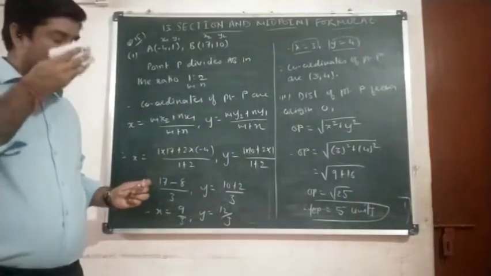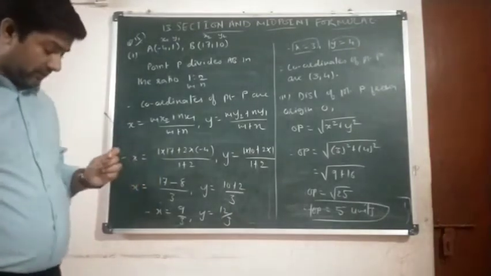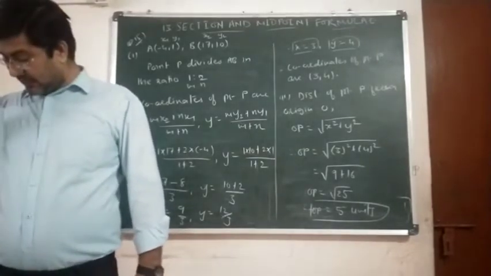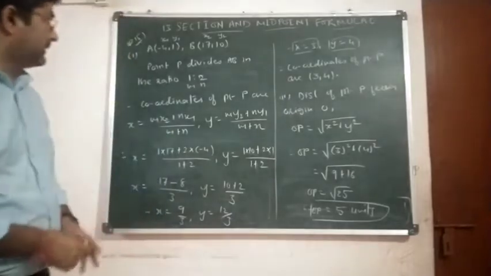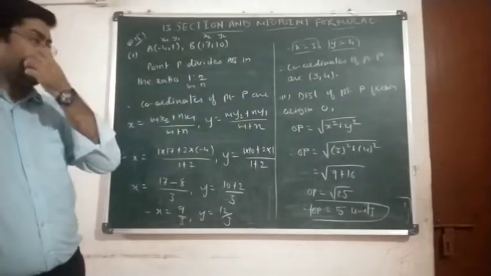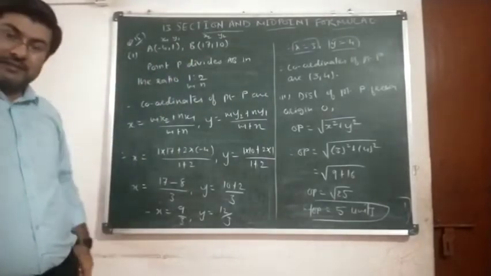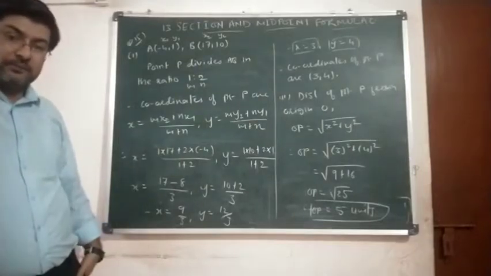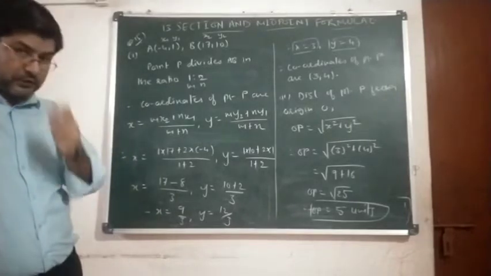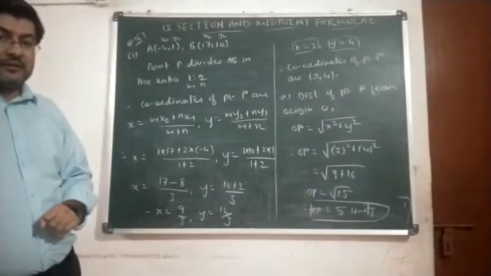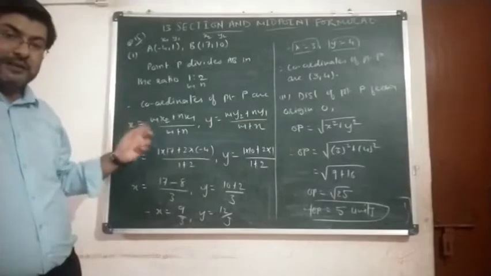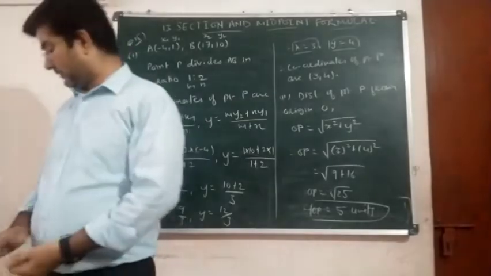Now one more answer we have to find out. Let us see what that is. In what ratio does the y-axis divide the line AB? As we have done in the previous question, here also it is given that AB is divided by the y-axis. So we will take some point on the y-axis. What will be the coordinate of that point? Obviously 0, y. Clear? So let us consider that point Q is a point on the y-axis, having coordinates 0, y, and then we will find the ratio AQ is to QB, that is m is to n, which we have to find out.